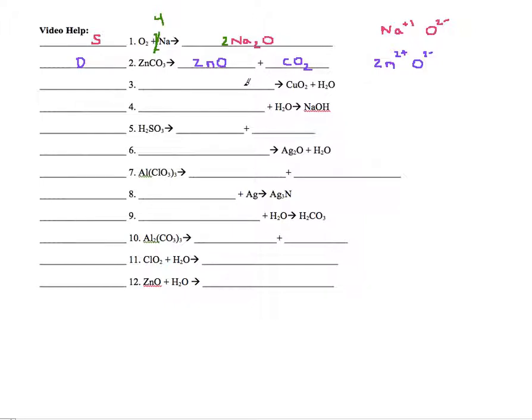For the next one, I've got one thing that's being broken apart into two, so this is again going to be decomposition. If you look at your chart, what you should realize is that this should be a base that's being broken down into a metal oxide and H2O, so it's going to be a metal with OH. Okay, so my metal in this case is copper. Now you don't automatically know the charge of copper, so I've got to find it from here. Now, if you notice, there's a 2 right here, which makes you think that the charge of copper is 2. However, oxygen is a -2 charge, and there are 2 of them, which gives copper a +4 charge, so